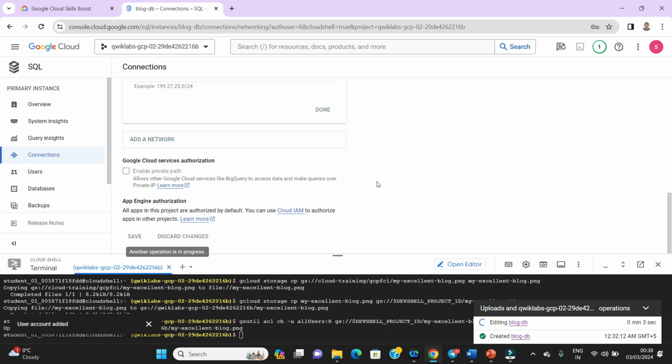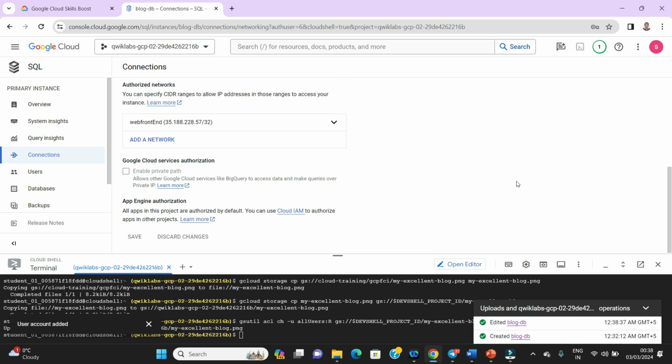We are done with our SQL instance. We have created our database, we have created our user, and we have set the network that connects our virtual machine to this database. Then we can now do some more configuration in our virtual machine so that it can use this Cloud SQL.